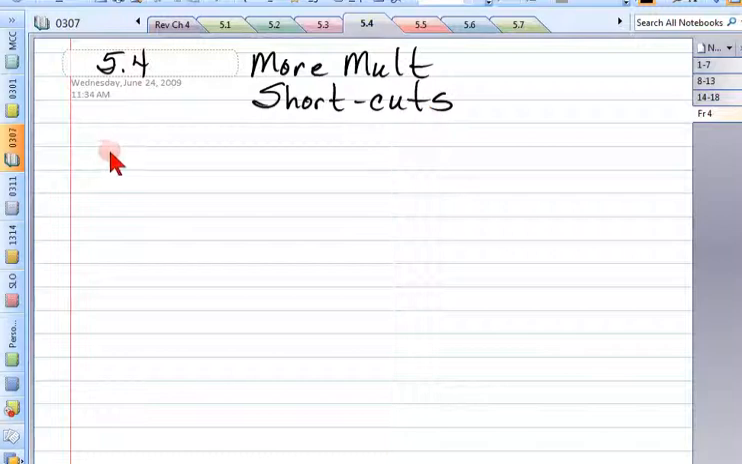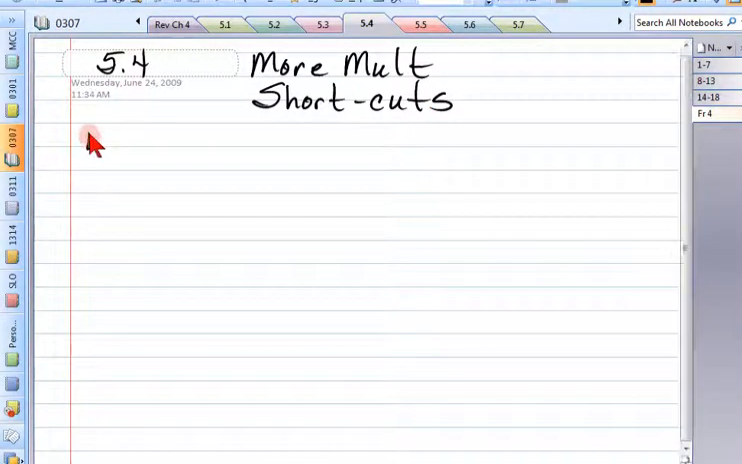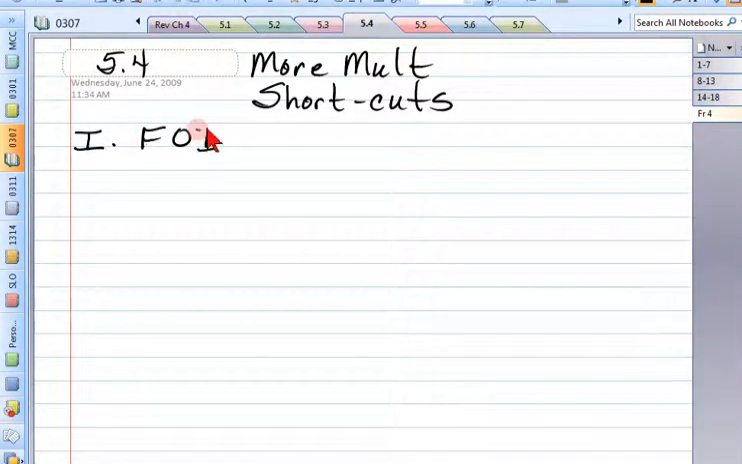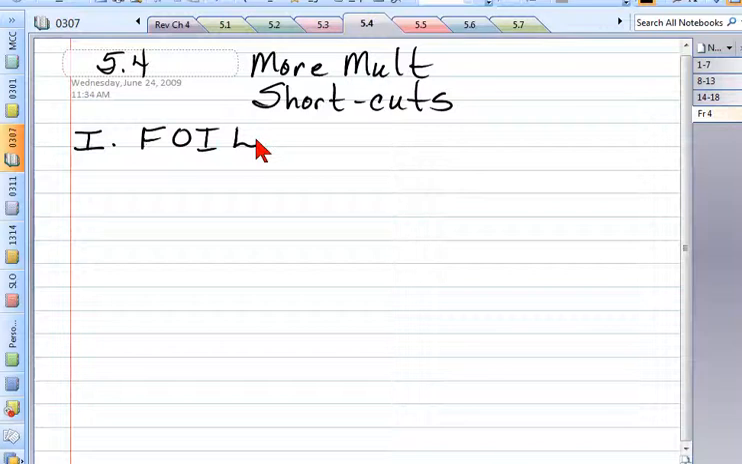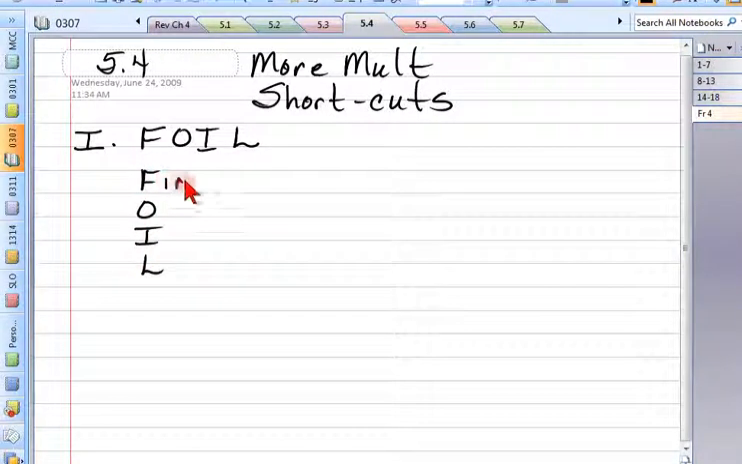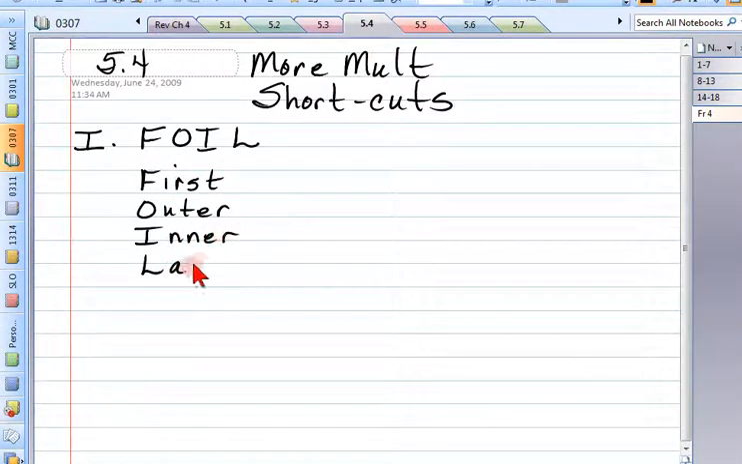All right. The first shortcut, and we learned 3 shortcuts. The first one is FOIL. FOIL is an acronym, meaning it's a word made up of the first letters of other words. It stands for first, outer, inner,